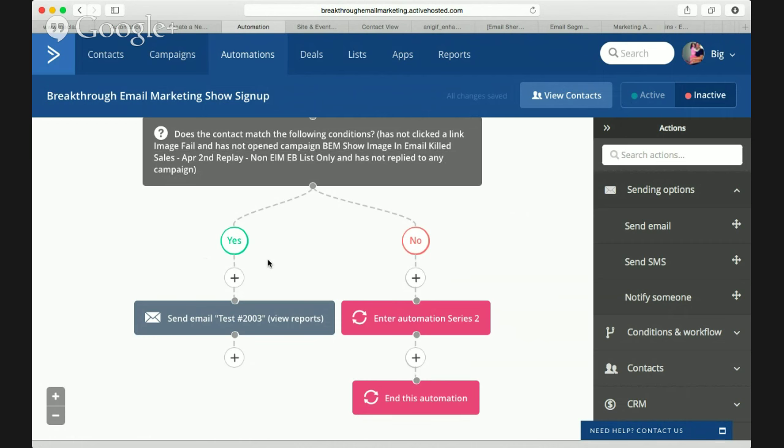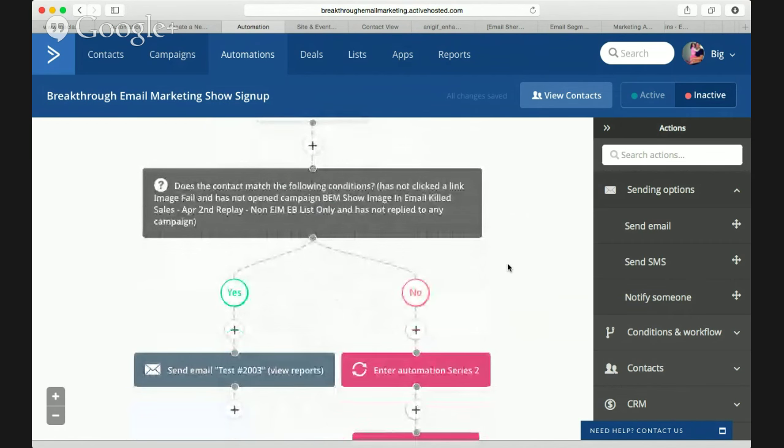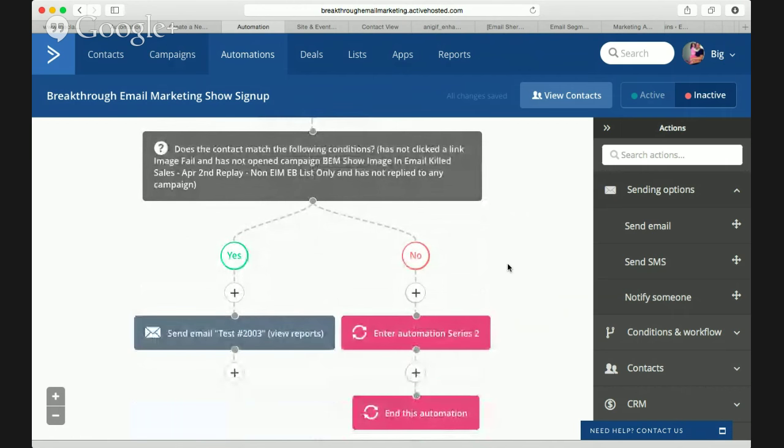see, we could just stop this automation right here. So that's another scenario, is if they have opened, clicked, or replied, we're going to send them to the active engaged automation. All right. And if this is true that they've done nothing, they haven't opened, replied, or clicked, instead